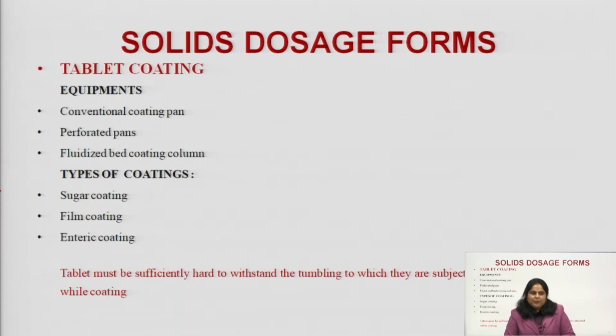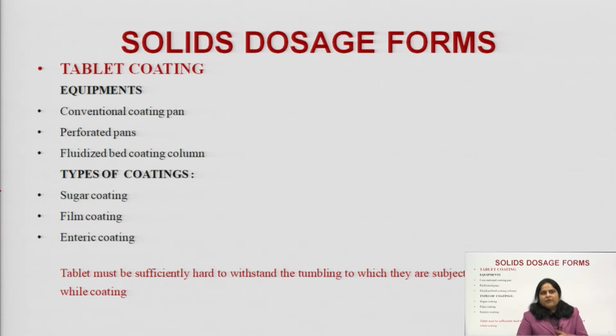Tablet coating is basically more of an art than a technique, right. Earlier we made use of sugar coating. The most important coating procedure used in earlier times was sugar coating, then it was upgraded to film coating, and finally to aqueous film coating. Earlier we made use of conventional coating pans, a simple coating pan where one pipe was for inlet air and the other for exhaust. Then it was upgraded to perforated pans for industrial batches, and then to fluidized bed coating columns.